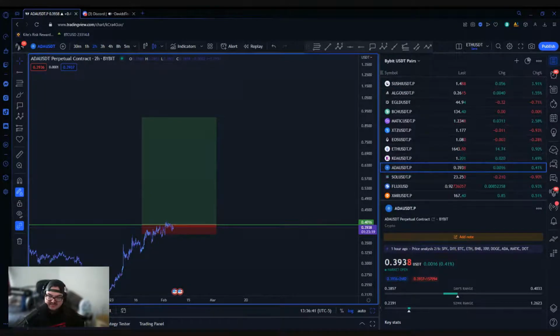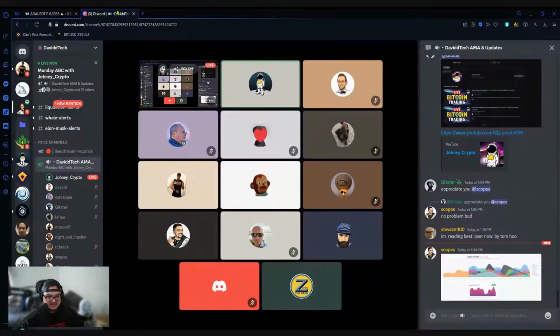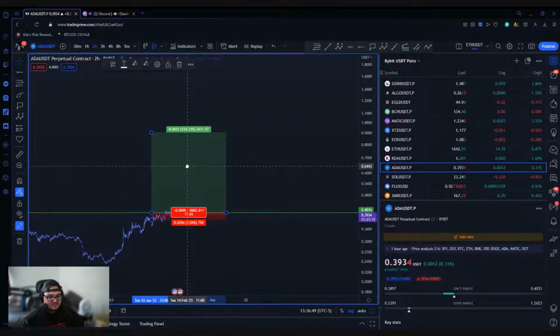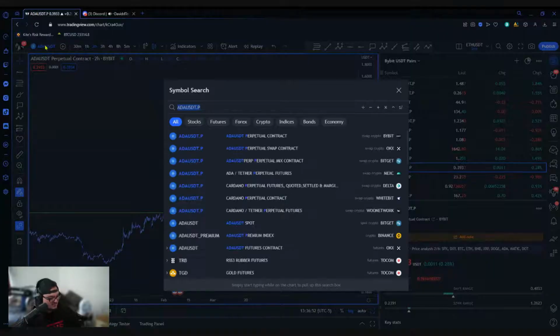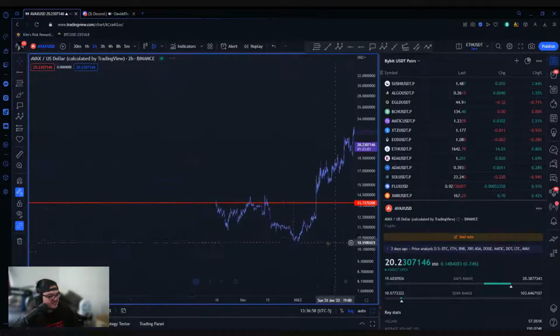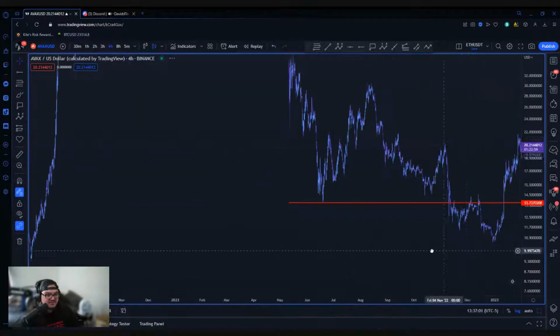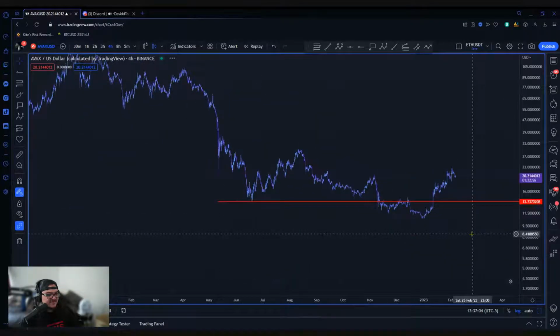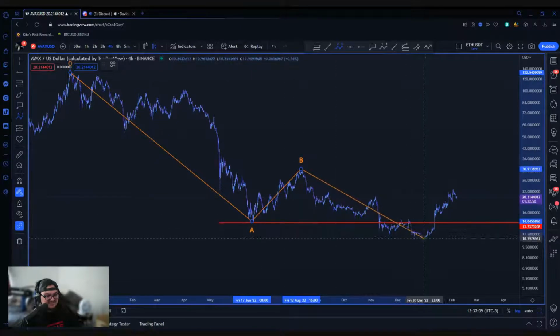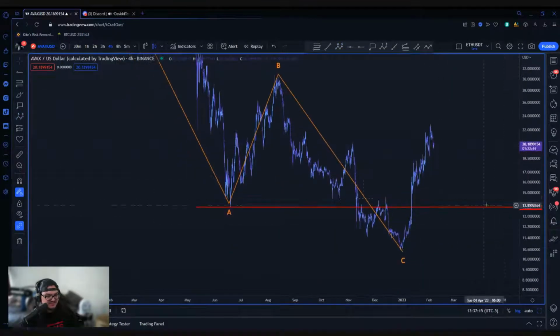Does anybody else have any other coin they want me to look at? Maybe AVAX. Yeah, we'll do AVAX. It looks like I have looked at this before. All right, so on a larger scale, AVAX definitely has a larger potential bottom here. We did push this pump straight through the pivot of the A. As long as we're above here, we do have the potential to swing higher.